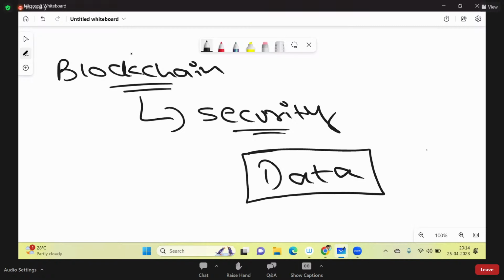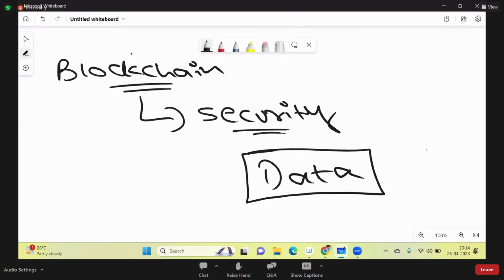Now, see, the term says block, right? And then it says chain. Actually, these are two different words, block and chain, which are being clubbed together because there is a significance behind it, which you are going to get to know as part of the architecture. Now, let me say one important thing. Let me consider a block over here. Now this is my block.